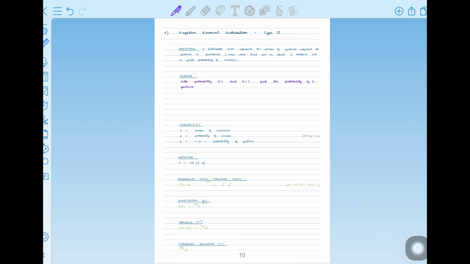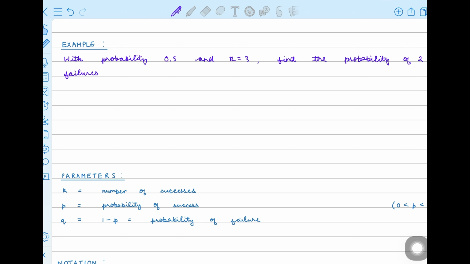The parameters are the same as before. For the probability mass function, we take the number of combinations of arranging k successes among x plus k minus 1 trials, multiplied by the probability of success raised to k, multiplied by the probability of failure raised to x. The mean and the variance are the same as before. Solving the example,